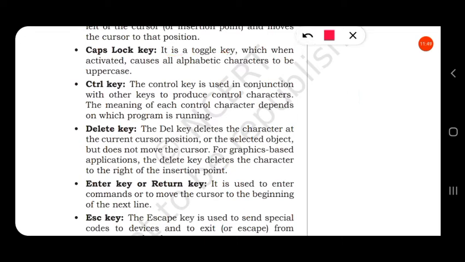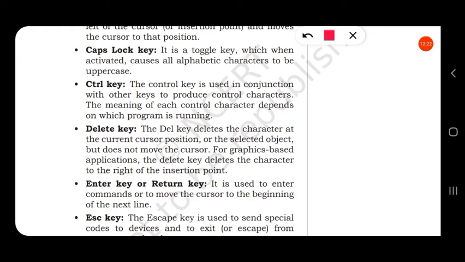Then the control key. The control key is used in conjunction with other keys to produce control characters. The meaning of each control character depends on which program is running. Then the delete key. The delete key deletes the character at the current cursor position or the selected object, but does not move the cursor.